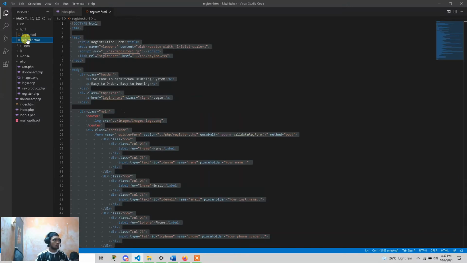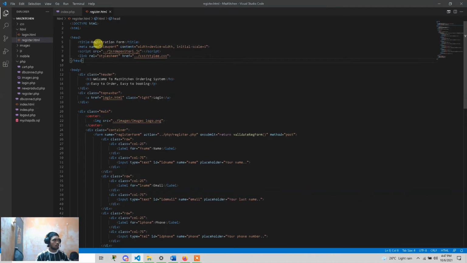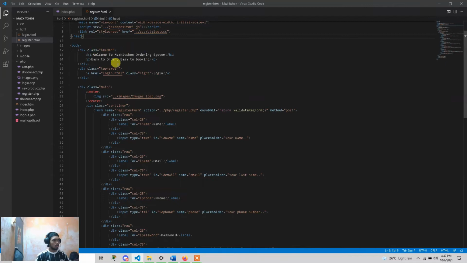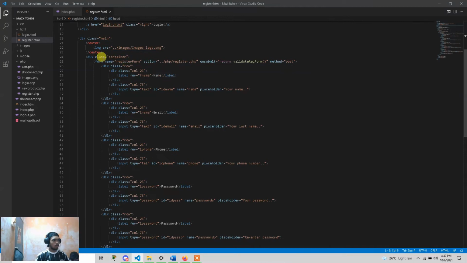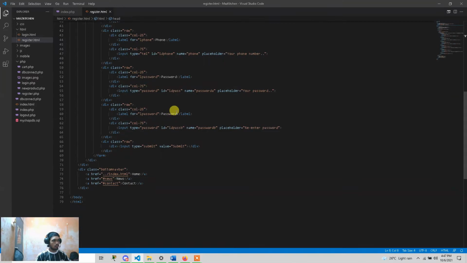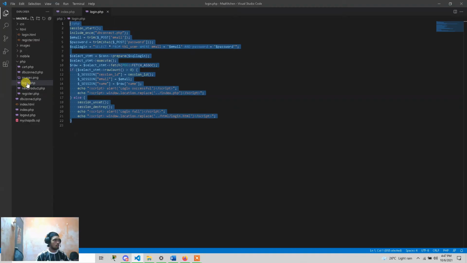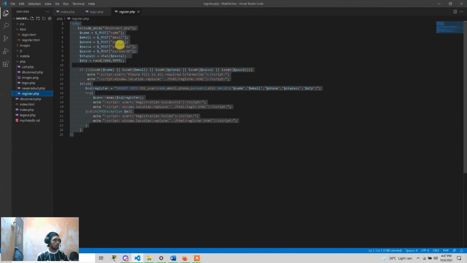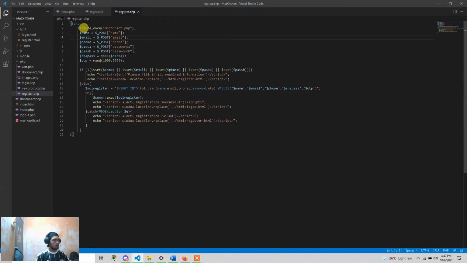I will show the register.html, with the title of the register form. This is our header for the system, and it has the form with name, email, phone, password, and remember password, and a submit button. Then I will show the register.php, as the database has been connected to the dbconnect.php, which has name, email, password, phone.